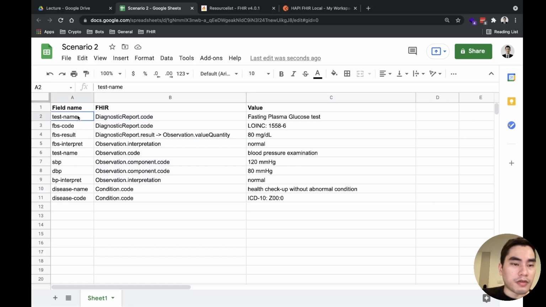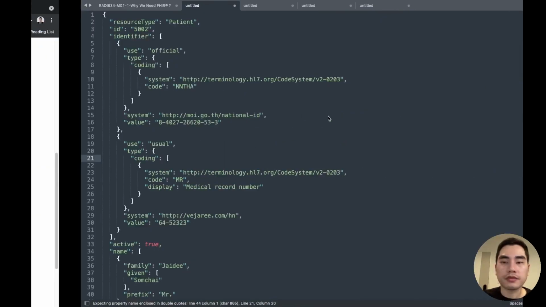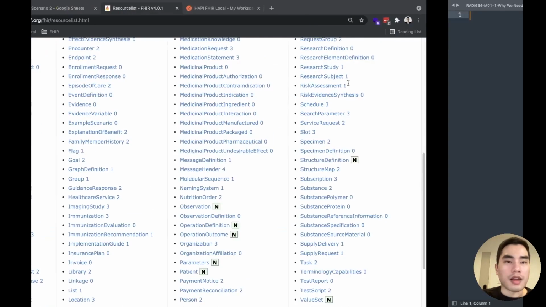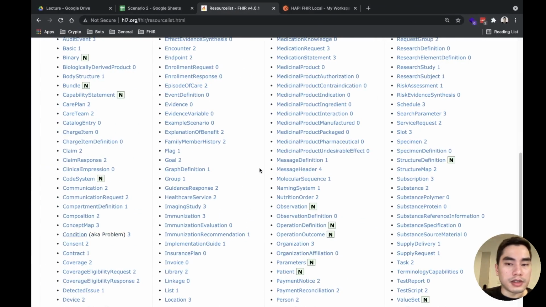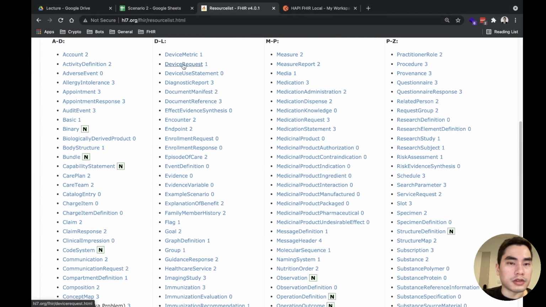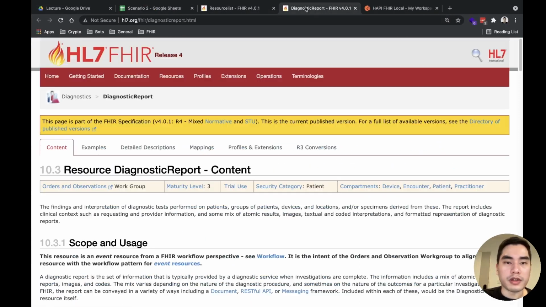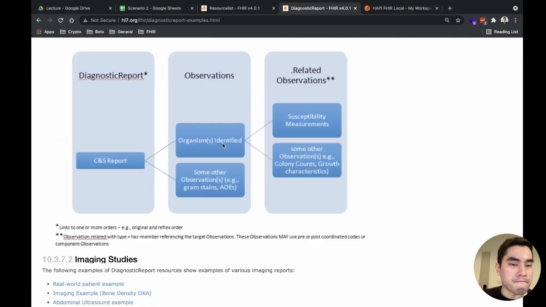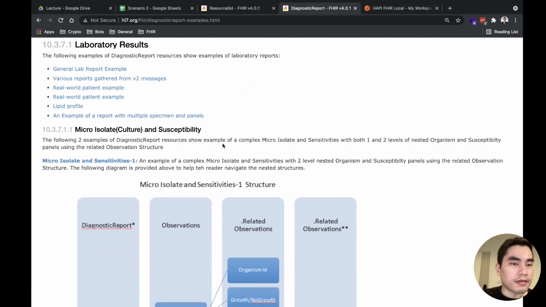I will start with the fasting blood. So we have all of this. The next resource is fasting blood. So it's diagnostic report, and we get some example. Maybe we use this lipid profile.